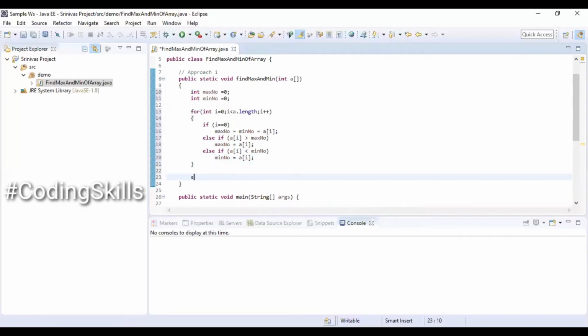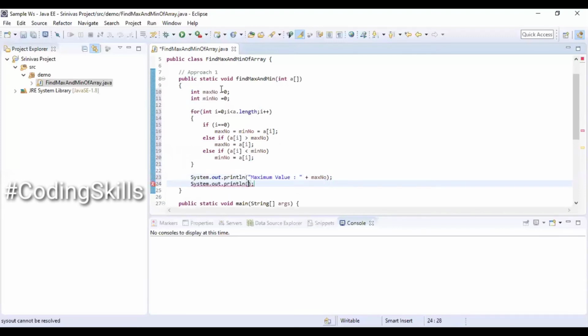We are done with the for loop. So printing a message on the console. We'll be printing the maximum value, and the variable name is max number. In the same way we will also print the minimum value, which is the min number variable.